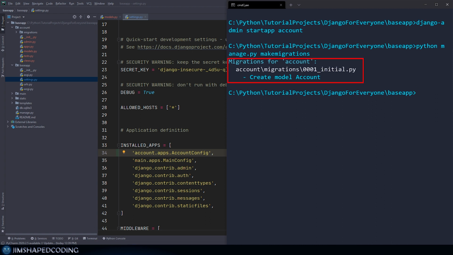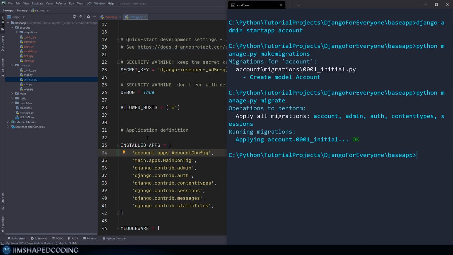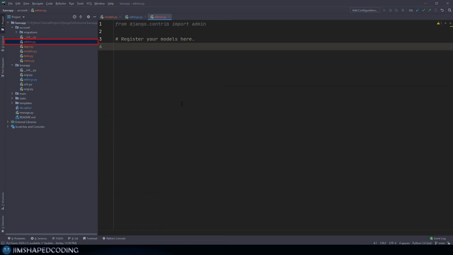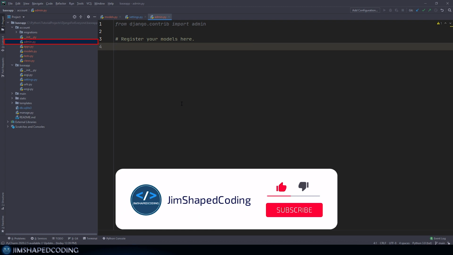And then you can see that we have a migration to create model Account. So now that we have this, we are allowed to say python manage.py migrate. And that will mean that now our SQLite3 file will have a new table with the name of account, and that is perfect. Alright, so currently I'm working on my admin.py file inside the account application, and here you